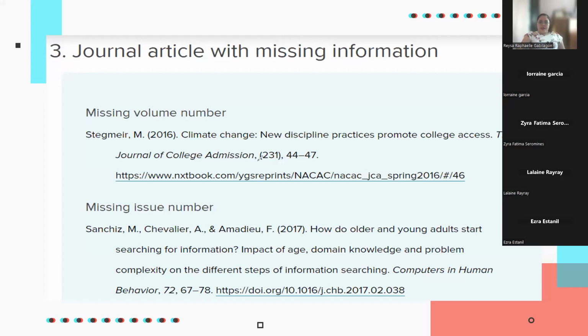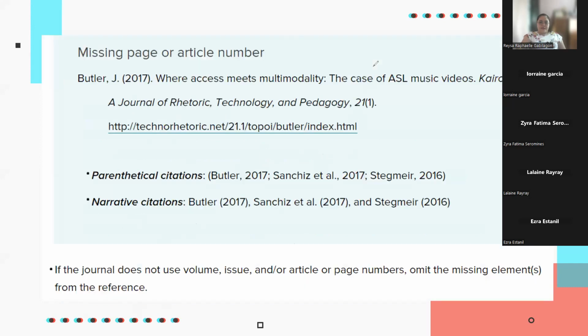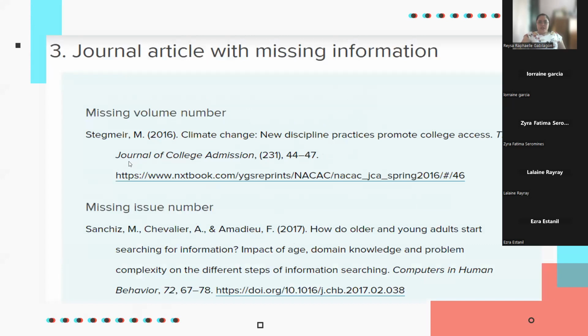So since walang binigay class na volume number, as is lang, tanggalin nilang siya. Kung issue number naman ang wala, so ayan, wala din dito yung open and close parenthesis. Just the volume number ang meron. So kung anong wala, omit lang. Okay? Hindi na siya kailangan i-justify. Diretso lang siya, basta yung second, third, and the succeeding lines will be indented. Yung first line lang hindi naka-indent.